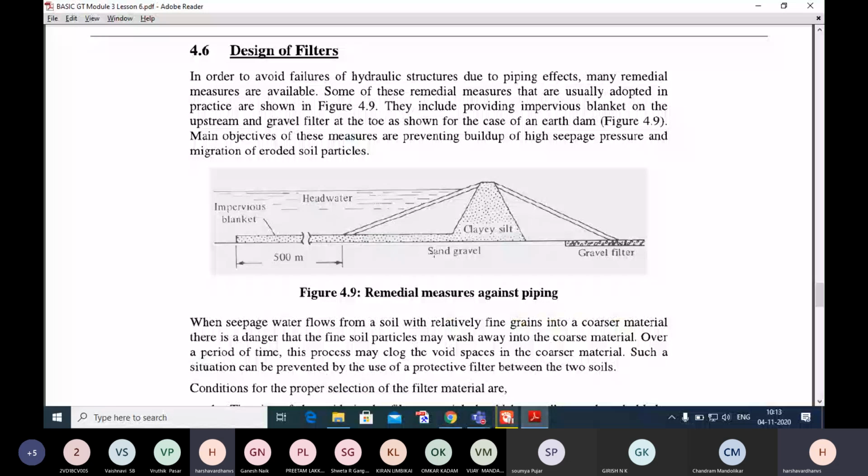So to avoid piping, we are going to increase the length of the flow, or we have to provide a filter, a loaded filter instrument,